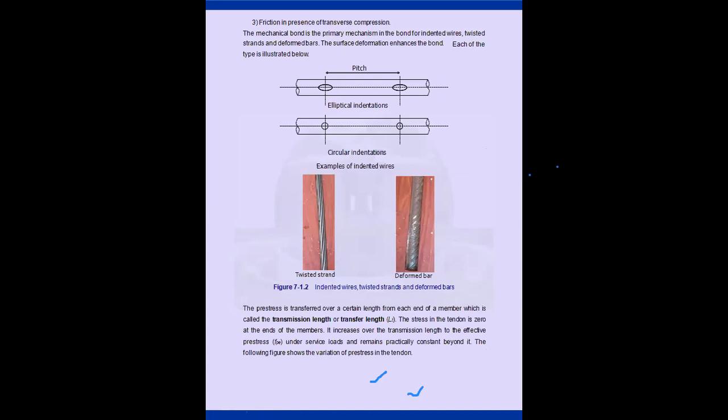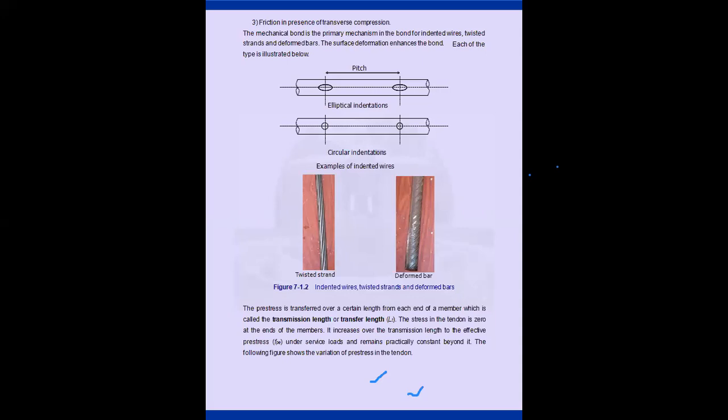So what is the first one, which is adhesion? What do you mean by adhesion? You have to know the difference between abrasion, attrition, and adhesion. First one, abrasion. I think in your concrete technology lab you have done the abrasion test. Abrasion is nothing but the friction, the wearing which takes place between two different materials. The surface interaction which develops between two different materials is called abrasion.